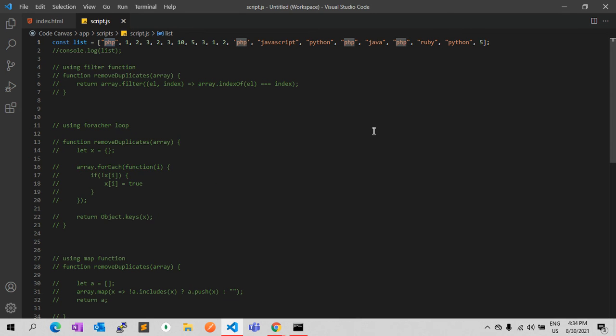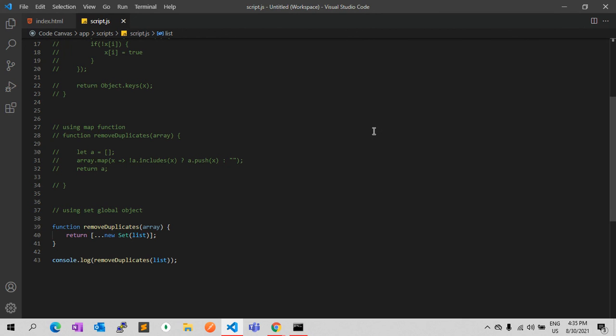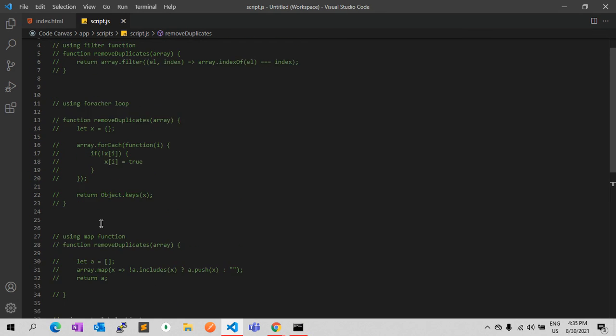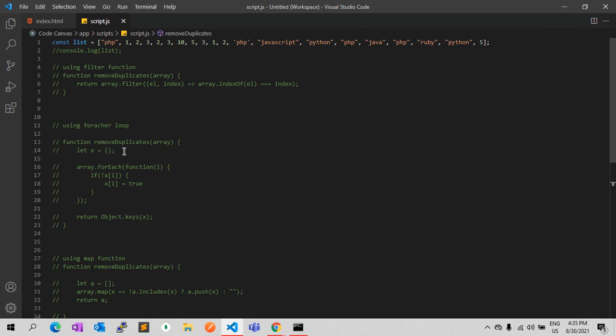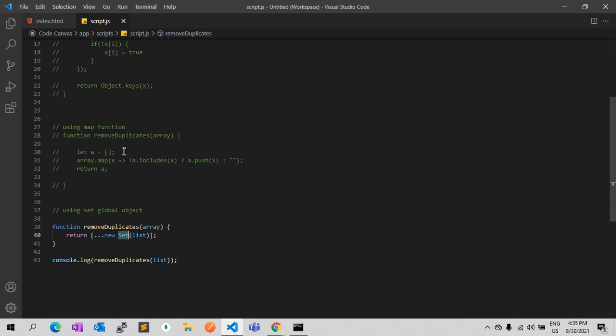So if you have a very large array, with very heavy array operations, and you want to remove duplicate elements from an array, then I prefer to use this method. It is very fast compared to filter, map, and forEach loop.